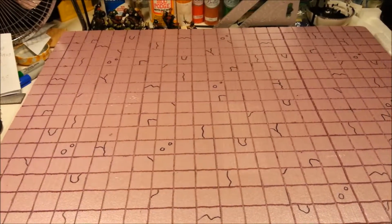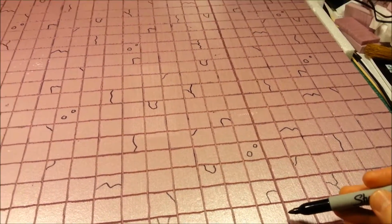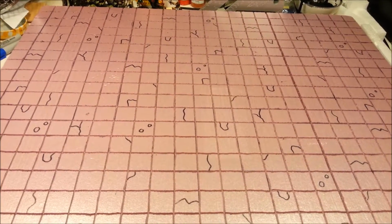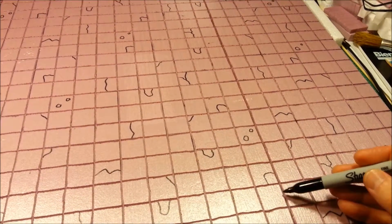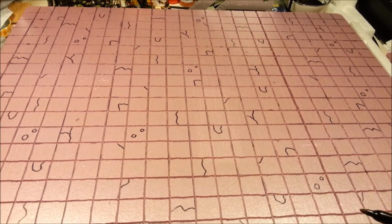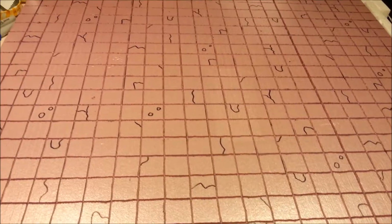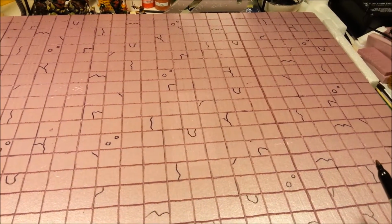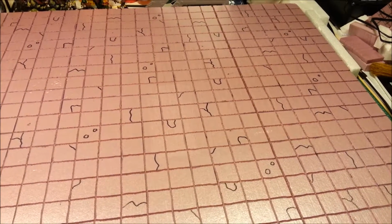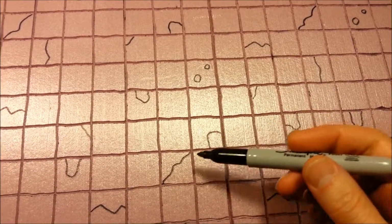Overall, it's looking pretty good here. I'm probably going to do some carving to offset these lines here, and just so it looks like it belongs as part of the pattern here, with this deeper groove here. No big deal, it can be fixed. So at this point, I'm either going to add a few more crack lines, or I'm just going to be okay with it. So I will let you know. Alright, I went ahead and added some more